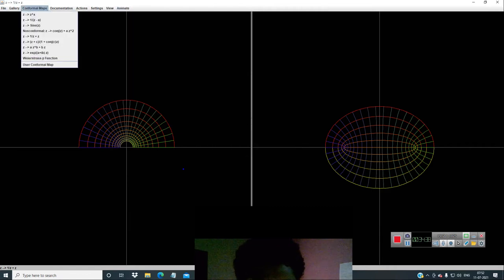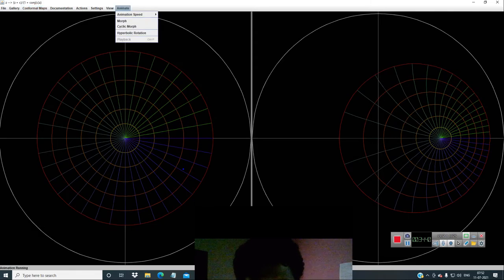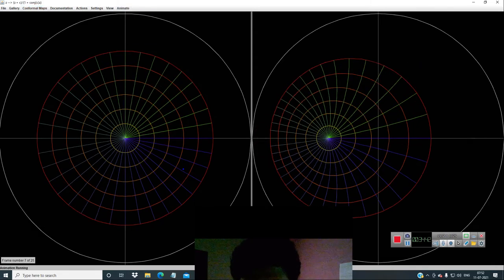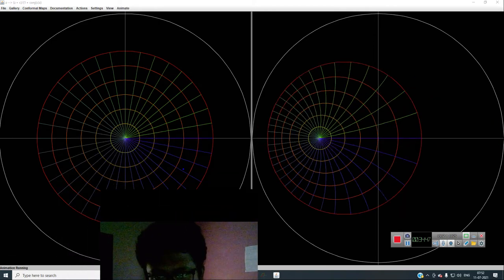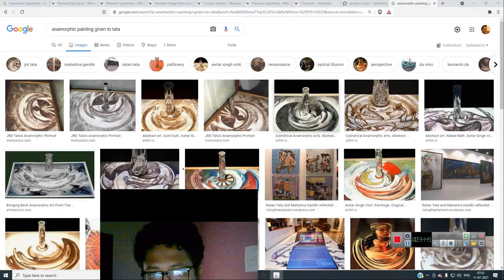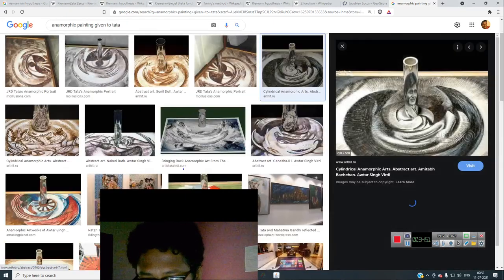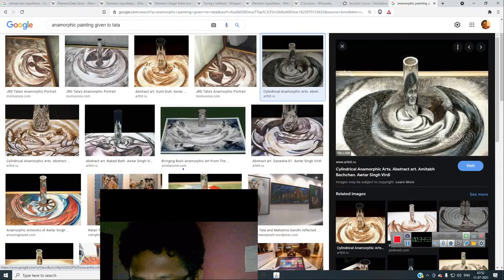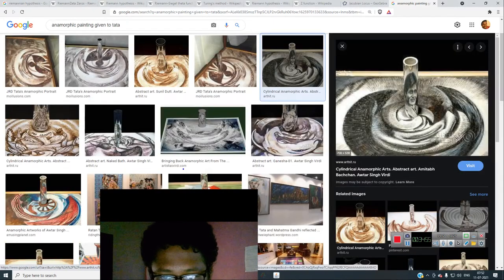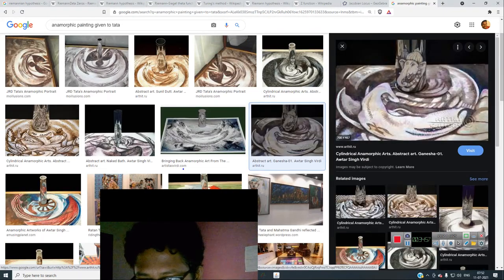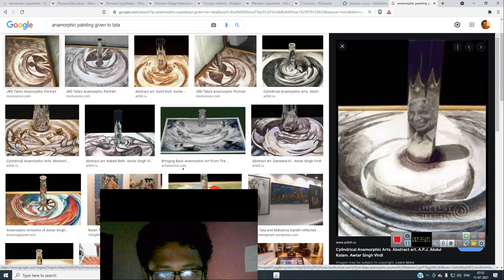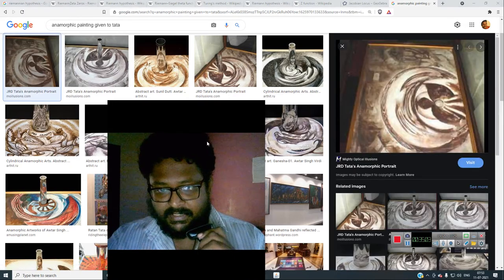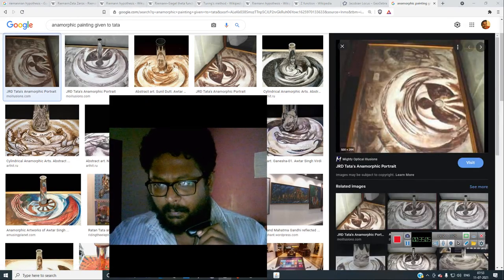Let's go for another example. When you cyclic morph it, it is being morphed. If you place a cylinder or a circle over here, it will give the original shape, just like this Amitabh Bachchan's image over here. You can see everything, or this Ganesh statue's image over here, or Abdul Kalamji's statue. So one day what happened is Tata received this wonderful painting and he was puzzled, what is this?